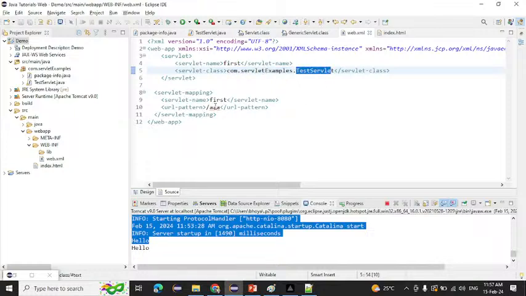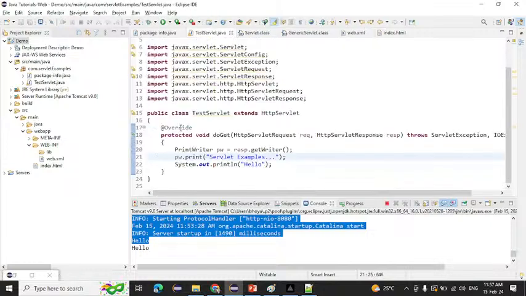Whenever this URL is opened, it will look at the servlet name. It will find this servlet name inside the servlet tag. Here is the class name, and here is the servlet name. So it will see which class we have to execute, and this class will be executed as the test servlet. Okay, so this is how you have to create a servlet. Try to create a servlet, and if you are facing any issues, you can